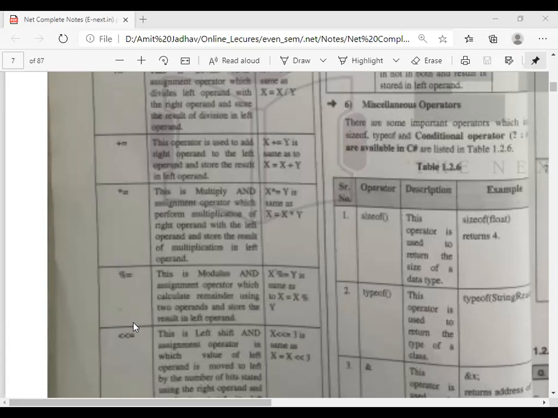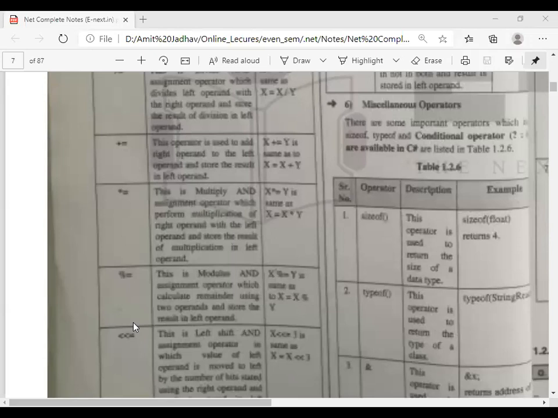So if I use A plus equal to B, then it means A is equal to A plus B. So plus equal to, minus equal to, multiplication equal to are used for this purpose.